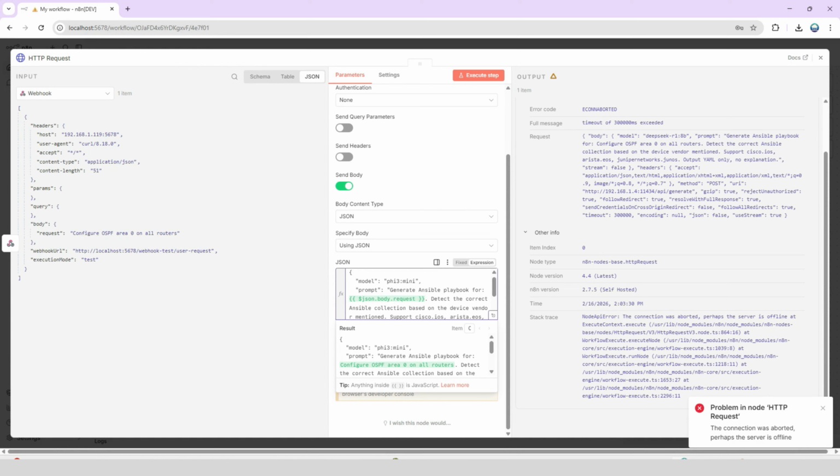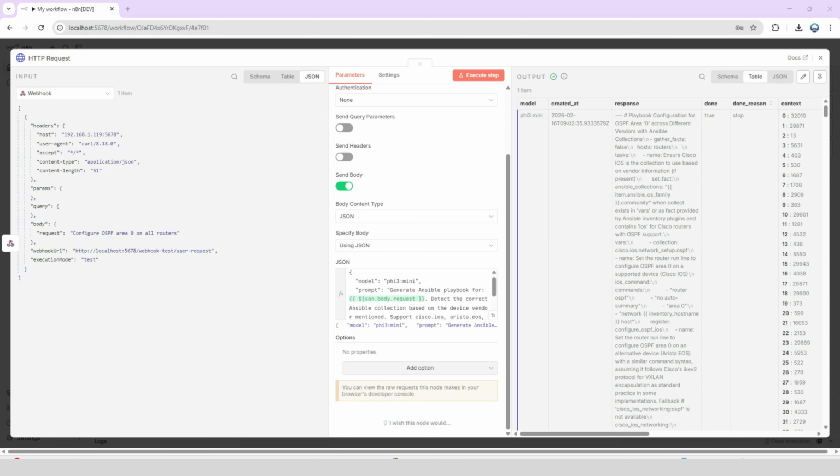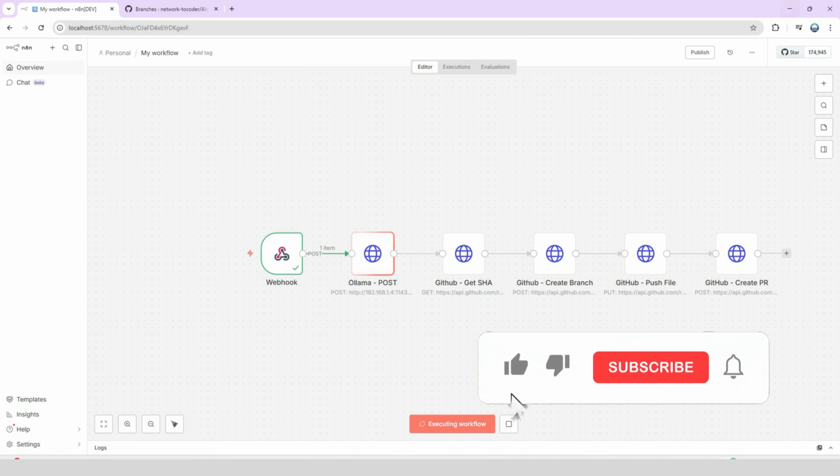We installed Ollama on our Windows machine, a completely free local AI engine. We pulled DeepSeek R1 for the initial test and saw how it generated the Ansible playbook from plain English right from the command line. Then we installed n8n on the Linux node, our workflow orchestration engine, and we built a two-node workflow: a webhook that received the request and an HTTP request node that sent it to Ollama for the playbook generation. Now you can see the HTTP request was successful using the Phi-3 Mini model and see the response on the output tab on the right side.